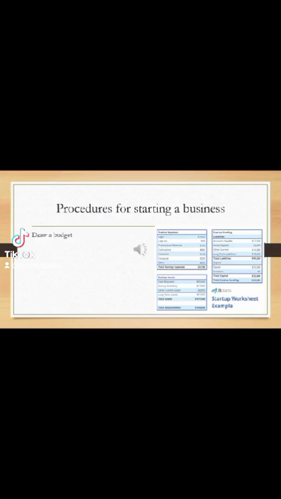I have a small example of a worksheet that someone used while starting a business. When you look at the startup expenses, they looked at the legal requirements, they made the logo, maybe promotional materials, maybe contractors that helped them put up their structures, they took insurance, they bought a computer.